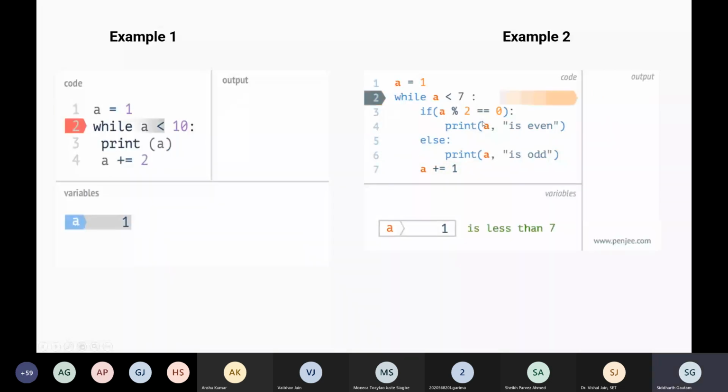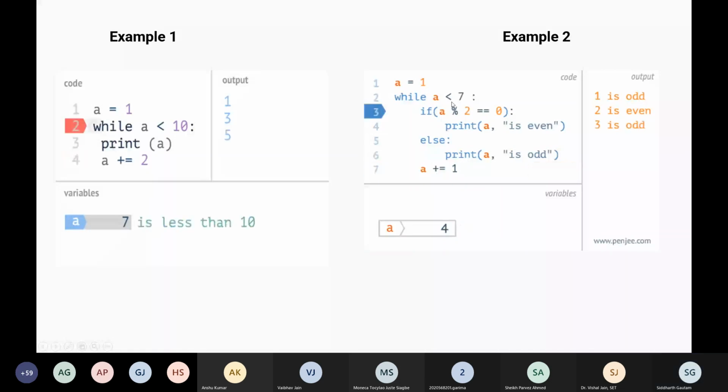Similarly, you can also see the condition here. In example one, we were only printing a, but in example two, we are checking if the value of a is odd or even. We did this odd or even program yesterday, if you remember. The condition is the same here. We are adding to the value of a, and as long as it stays under the value of 7, the while loop will keep getting executed. As soon as the value is equal to or over 7, we will not execute the loop anymore. All right.